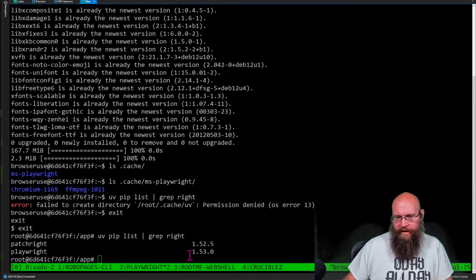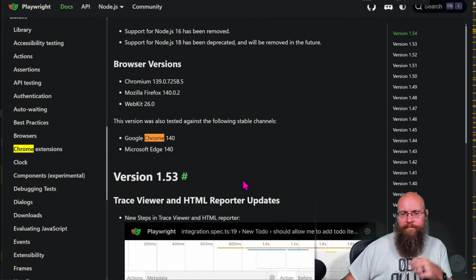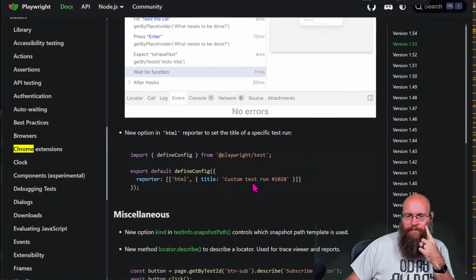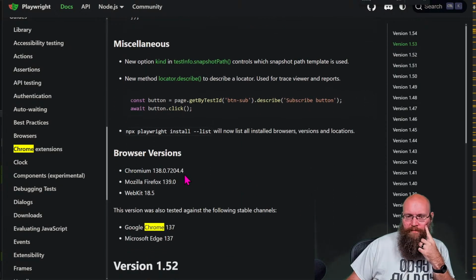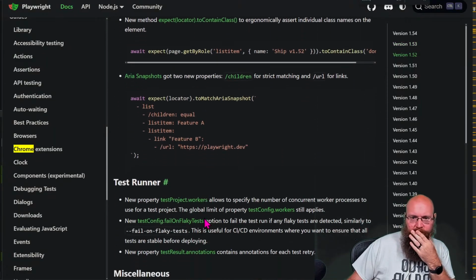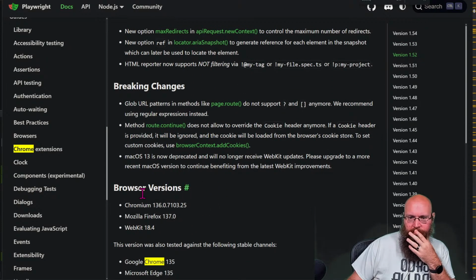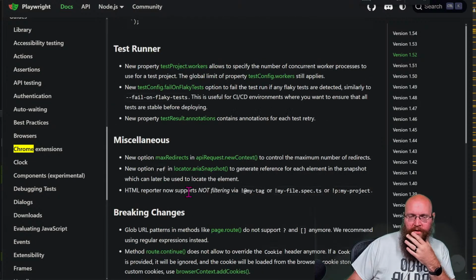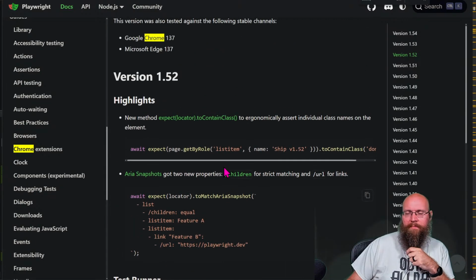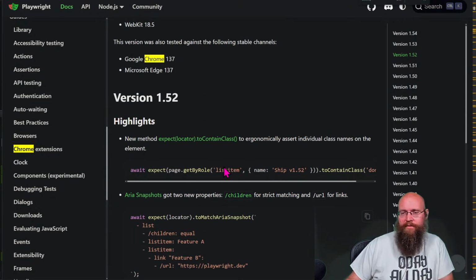So we're using Playwright 153. This matches Chrome 137. So we might just have to try maybe back down Playwright's version.